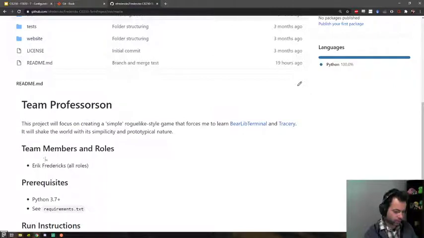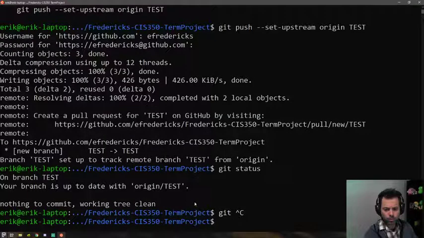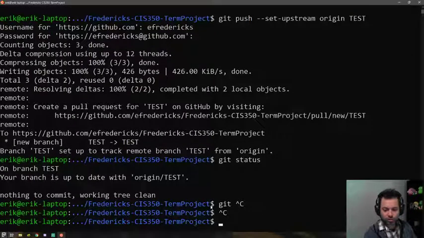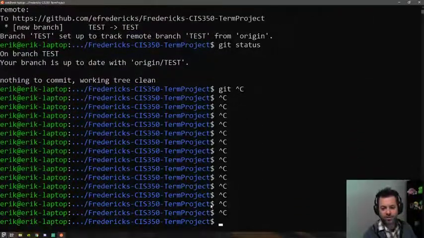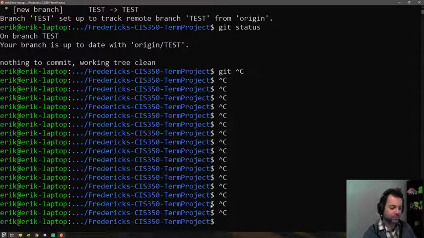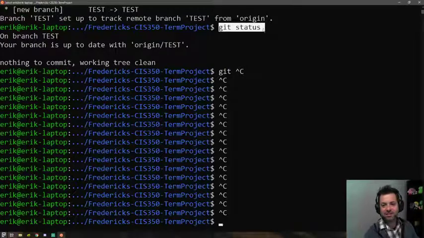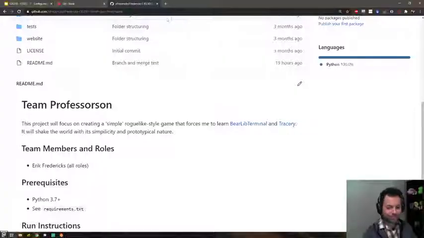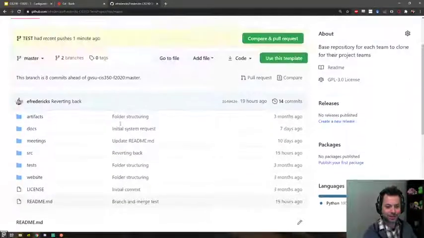Did you just perform a git cancel? Oh, no, I didn't. So yeah, sorry. Control C. So basically I started typing something and I hit cancel. Sorry about that. The last thing I actually did was git status. Yep, should be very careful about the commands I type in.